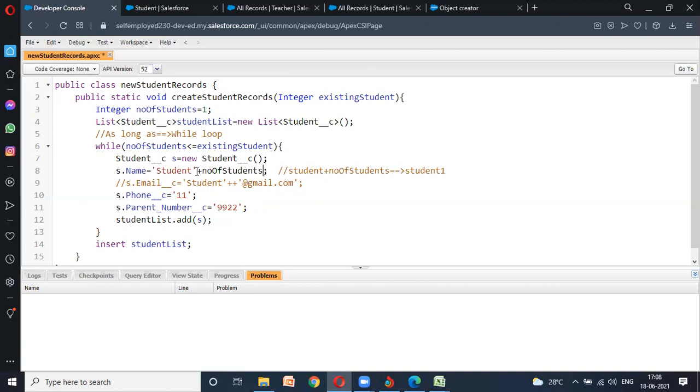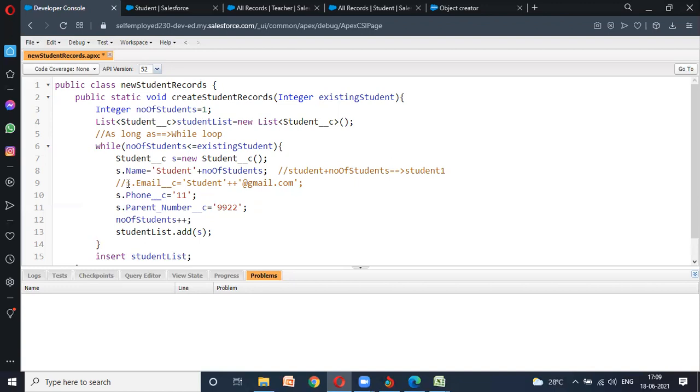Where, sir, you didn't increment it? Yes. So what I need to do, after all the steps, I need to increment it. Done. So it will increment by 1, meaning from here the loop will start, student name, student, the first time student 1 will be assigned.